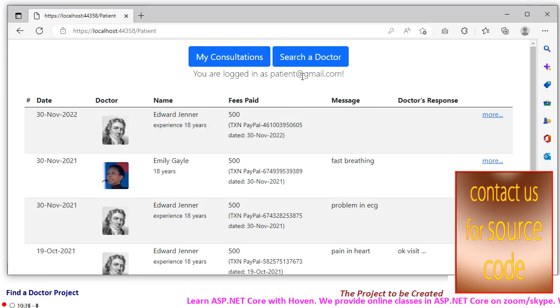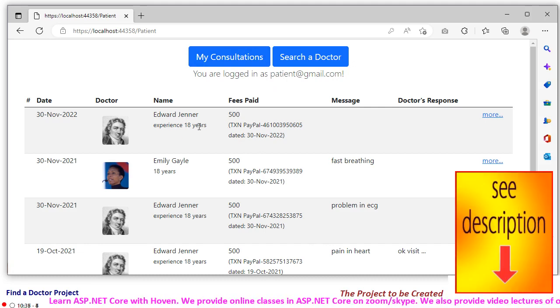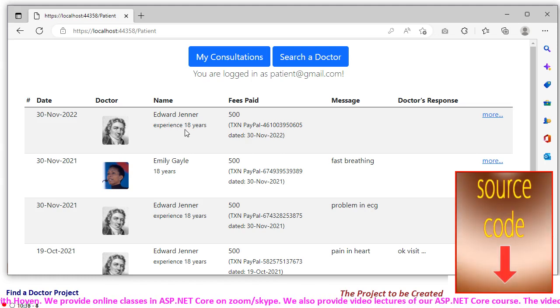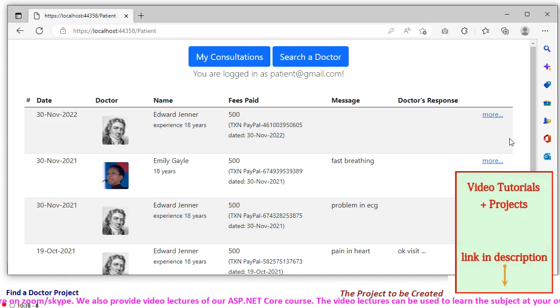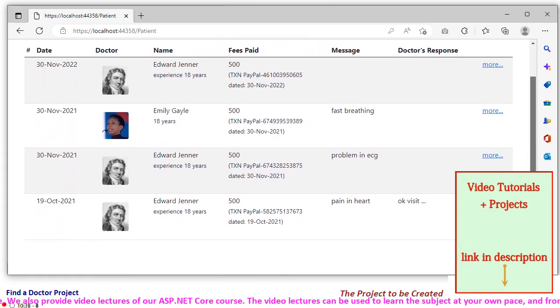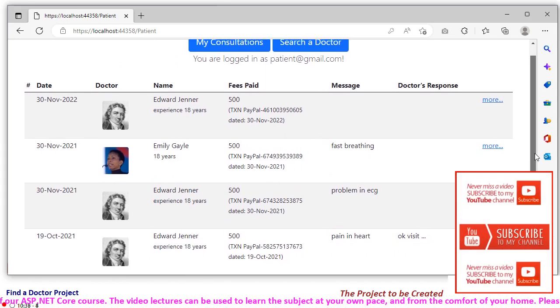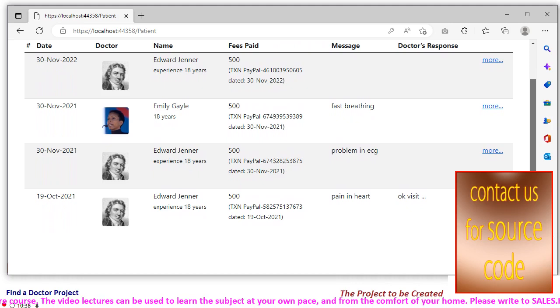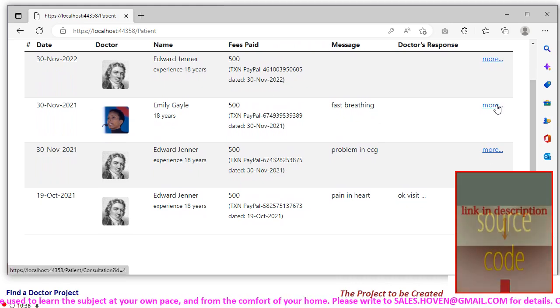You are logged in as this, and the consultations are shown. This is a patient who referred on this date, this doctor, the name of the doctor, his experience, fees paid, and any messages exchanged, doctor's response, everything is actually visible to the patient in the form of my consultations. For example, let us have a look at this. Here when you click more,